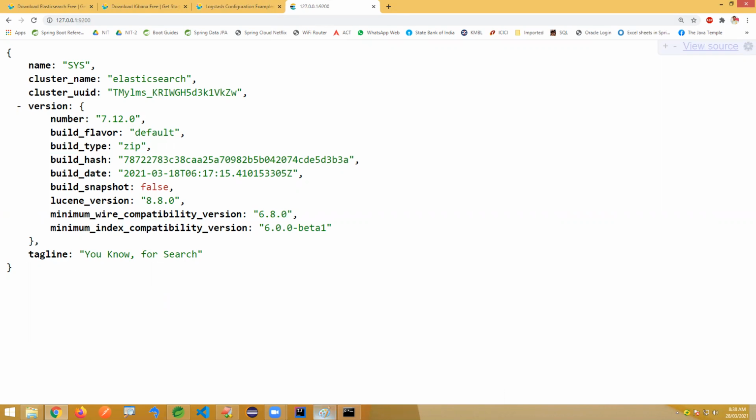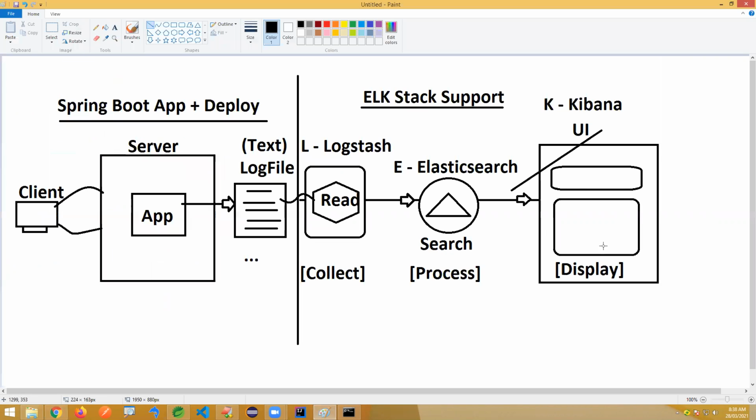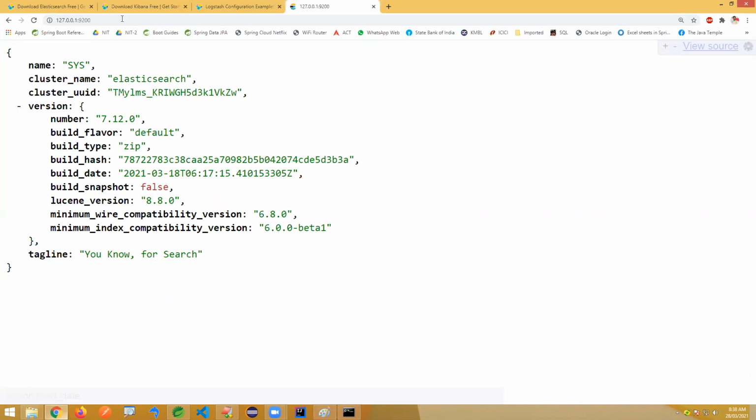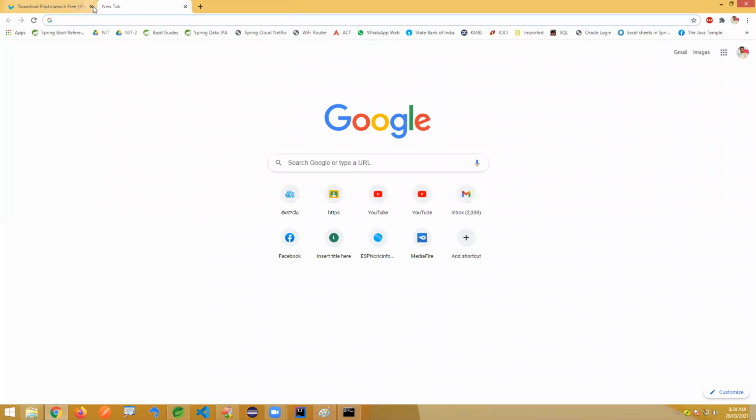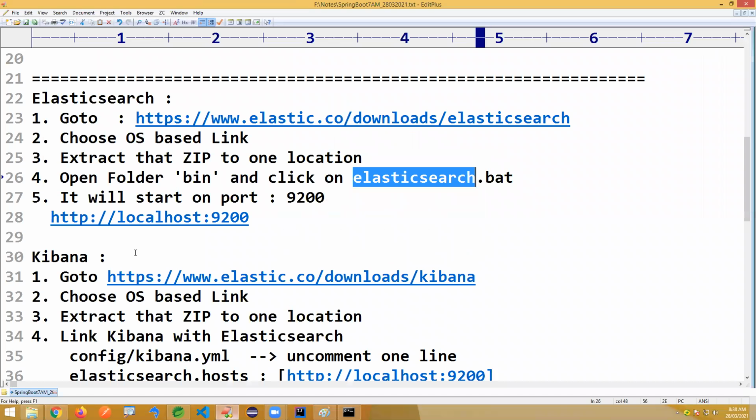We only run the Kibana UI. For Elasticsearch, we will not enter any URL. It is just for confirmation that it started properly. Go and check with the port number and then close it. We don't need that actually. We enter the UI of Kibana only. Okay, next, this is done here.